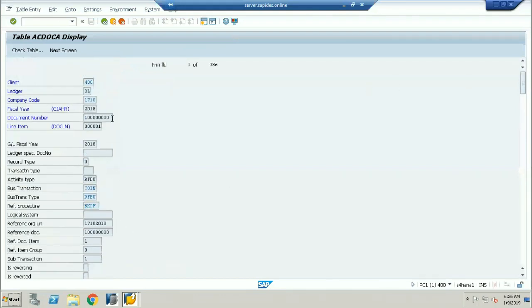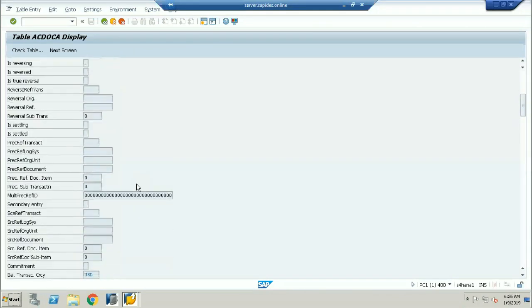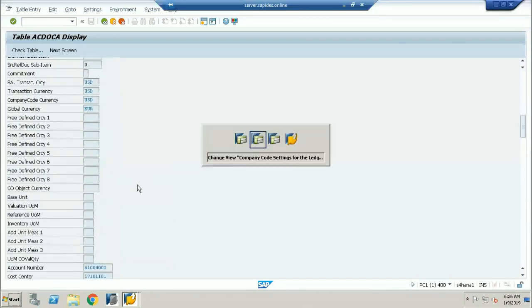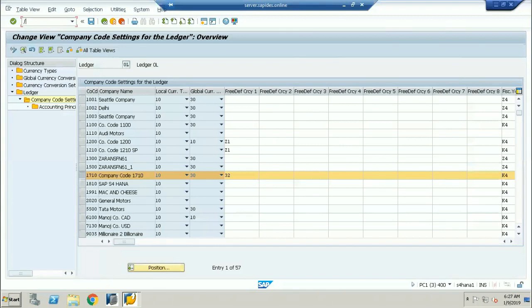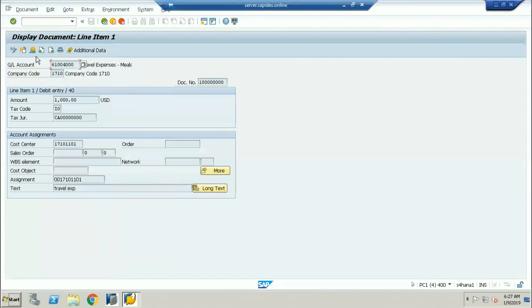If I go and see, this is the document which I posted in 2018. If I see the document header, if I go and see the header of this particular document, it has been posted. This is the line item and this is the header. So when this document was posted, this document was posted on,